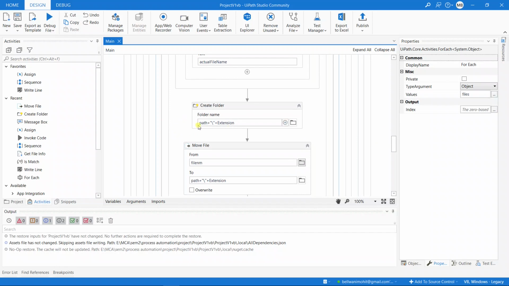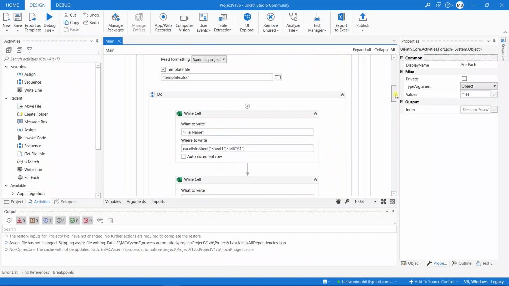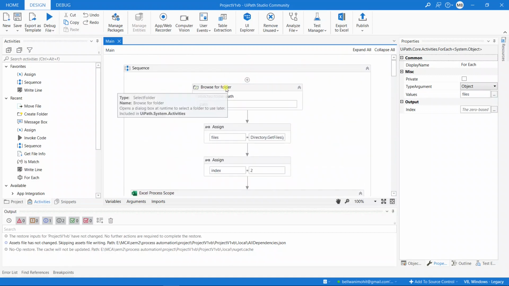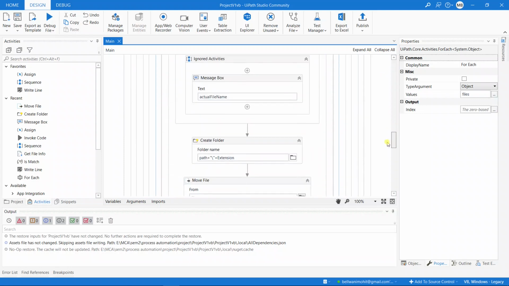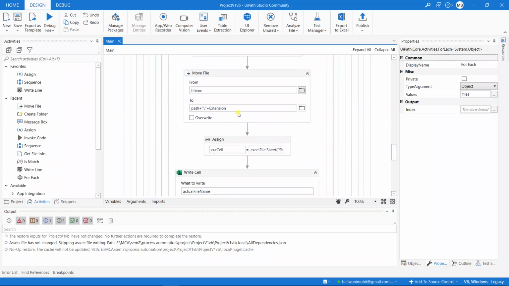Next, we take the path. The path is nothing but the value stored inside the variable that was taken from the Browse for Folder control, given by the user. Once we have that path, we create another directory with its name being the value stored inside a string variable called extension. Let's say we have an image file.